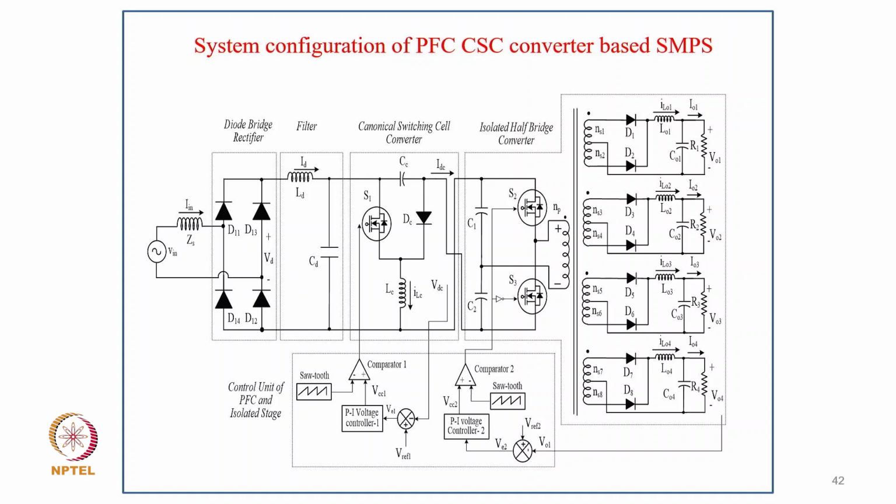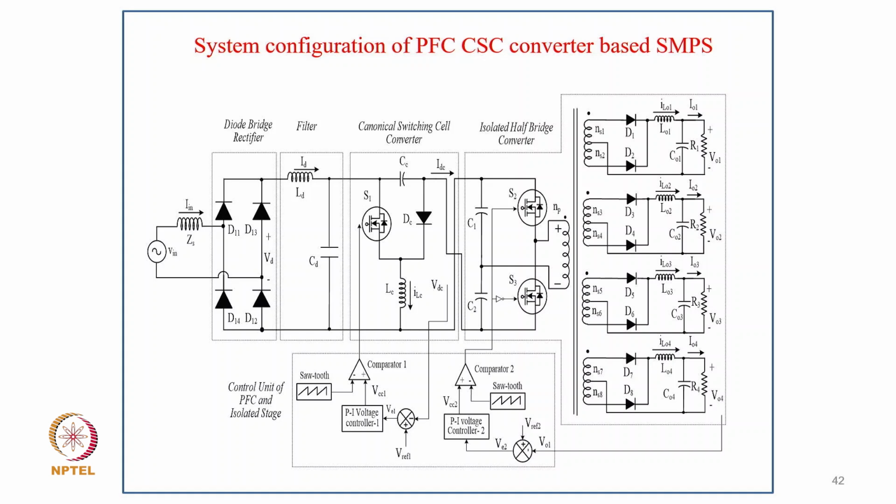If the voltage is low, the decoupling voltage can be regulated to 300 volt, which is normally obtained from the diode rectifier at the input of the half bridge. And if it is 270 volt, it can be reduced by buck operation of this canonical switching buck boost converter in between. So that's the advantage, the dual purpose it is serving: we have power factor correction as well as a well regulated voltage at the input of the half bridge of this isolated DC-DC converter, and the control is shown here.